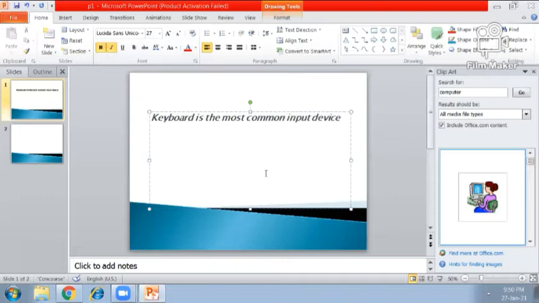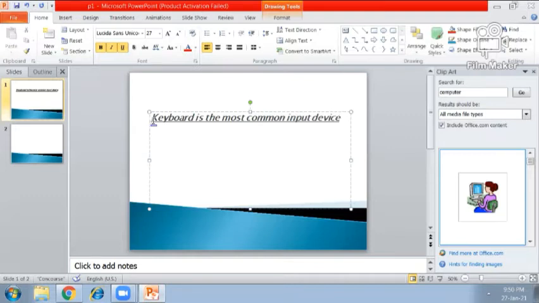Our text is in some slanting form. Then select the text and click on underline. Underline button will provide underline below the selected text like this. To make a heading, we use bold and underline.